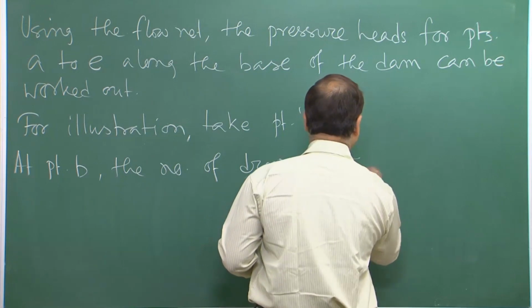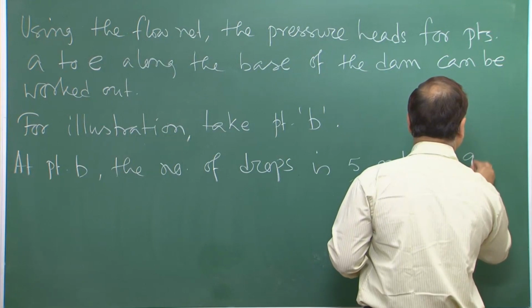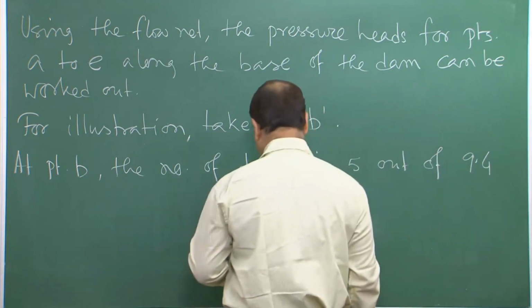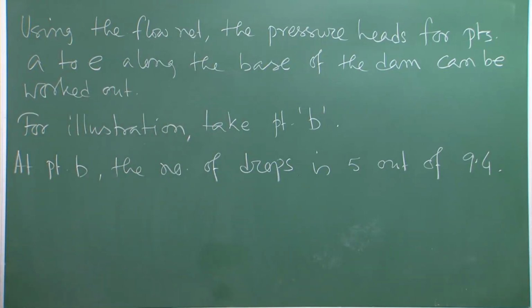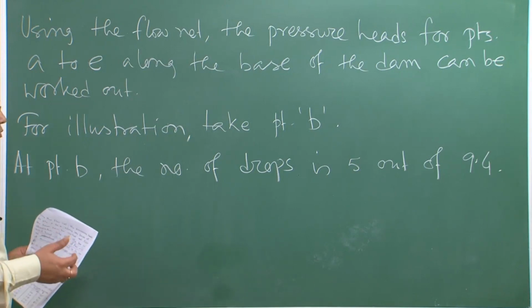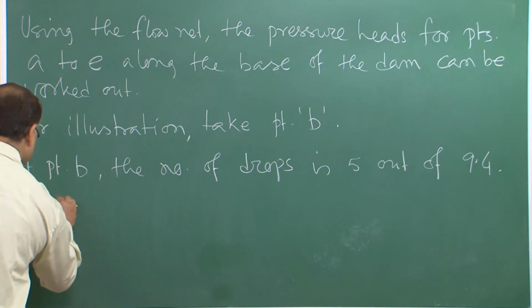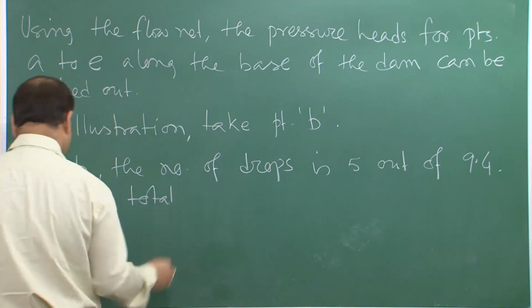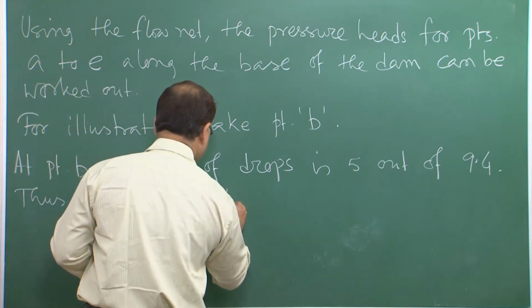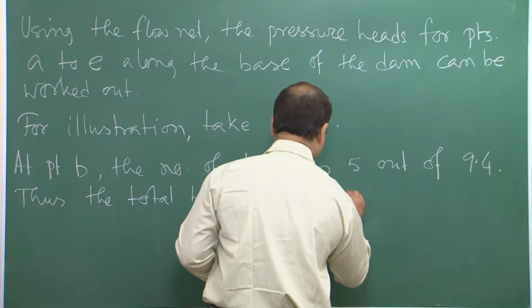So, is 5 out of the total 9.4, right. So, the total number of drops available in the problem is 9.4. So, at point B the number of drops is 5. So, thus the total head at B is equal to 5 minus